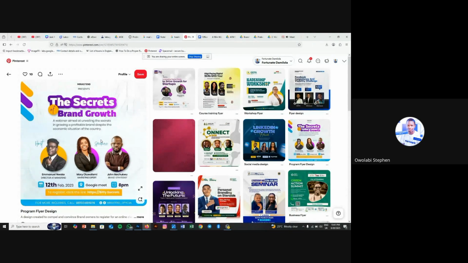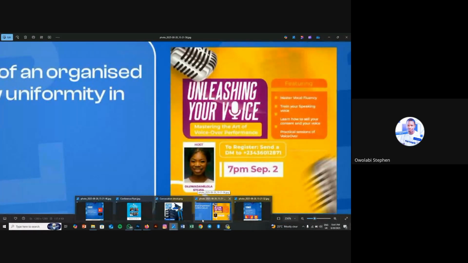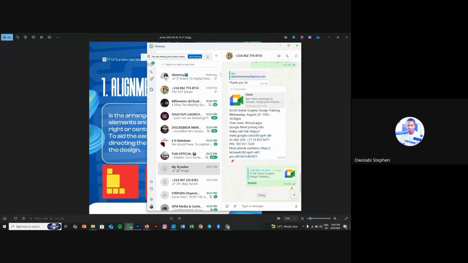And that doesn't only apply to shape, it also applies to text as well. Make sure your text is well aligned. So now the next one, I've talked about contrast, hierarchy, proximity. Now the next one I want to talk about is alignment. If we take a look at this person's design,